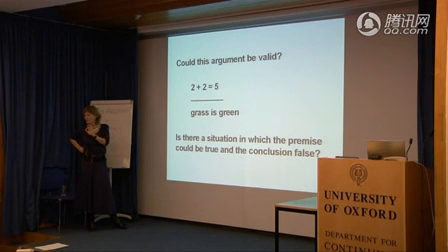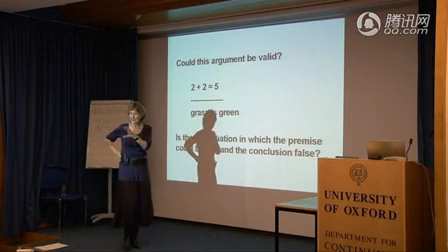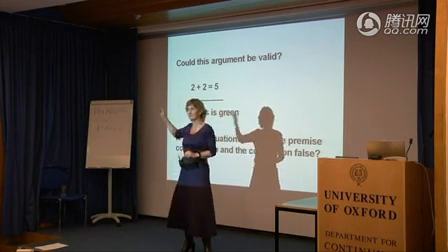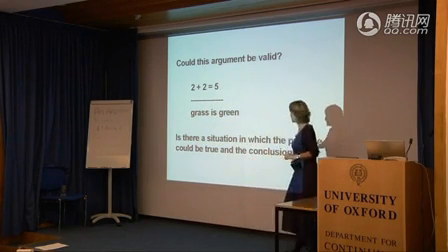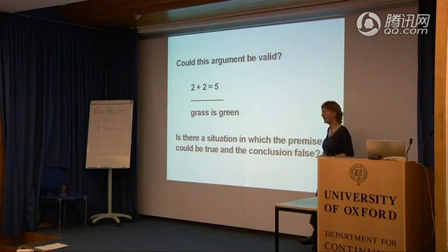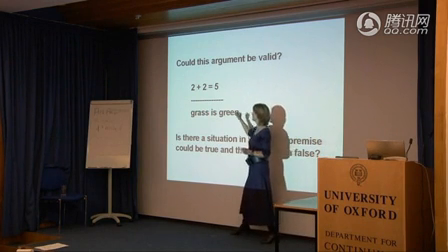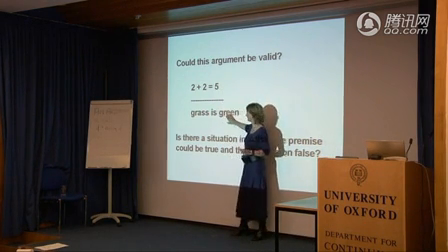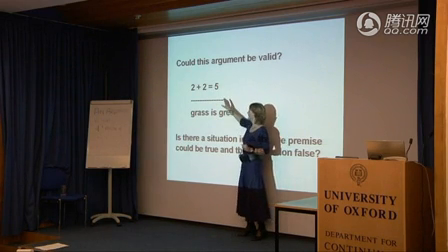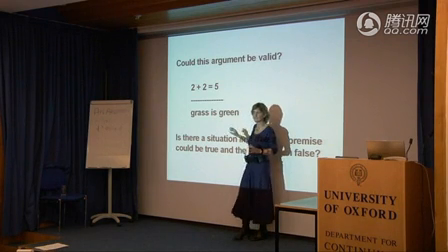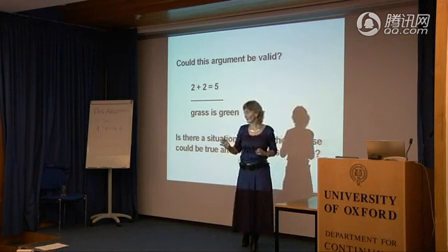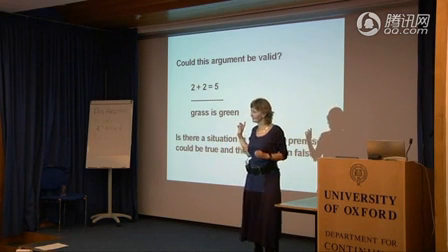Okay, now don't try and be clever here. Work it out, actually from the definition, which you can't read there, but you can read in your notes. So have a look at that. Is there a situation in which the premises could be true and the conclusion false? Is there any situation in which that is true and that is false? Could it be that that is true and that false in any possible world? No. Okay, so is that argument valid?